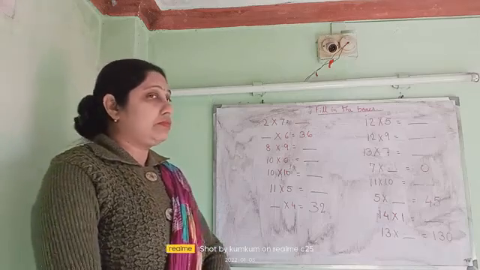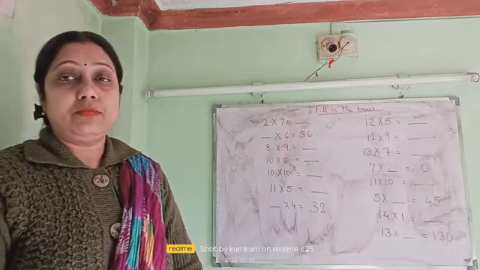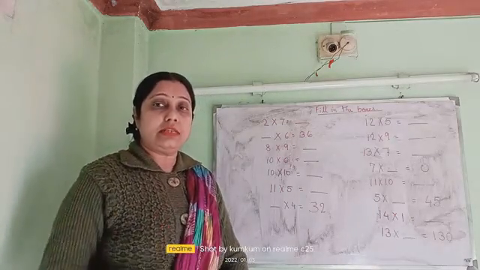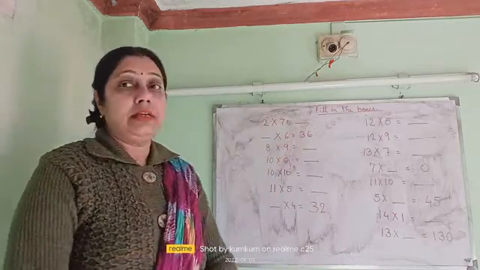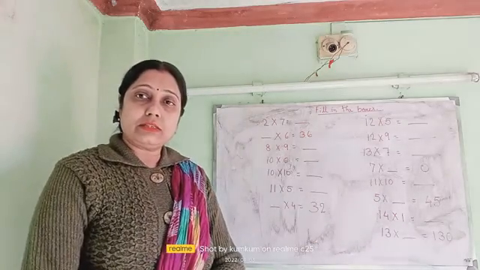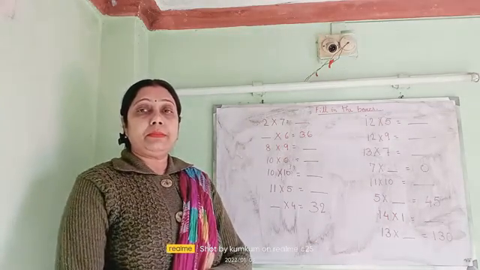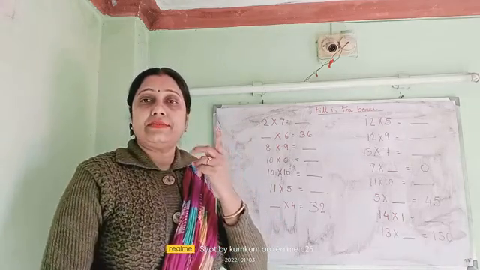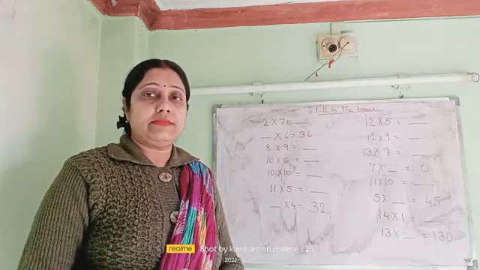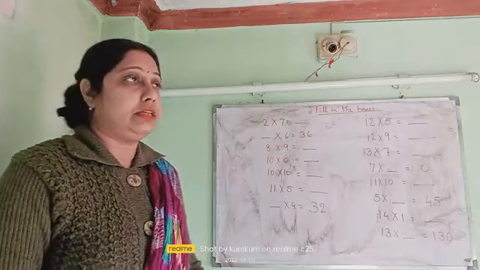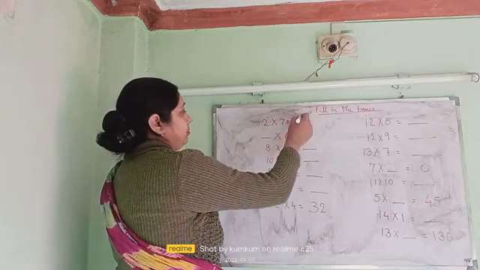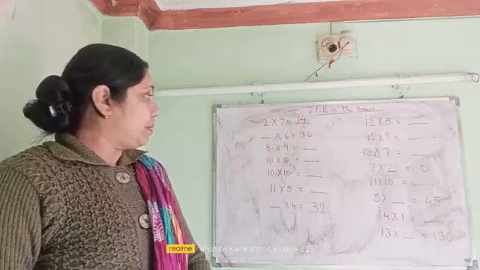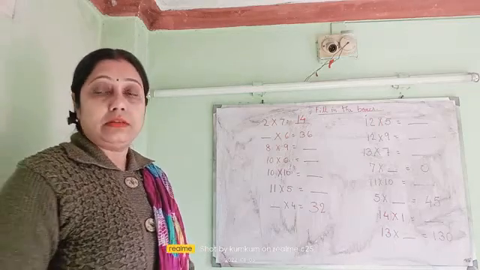Suppose the very first question we can see is 2 multiplied by 7. We know if you are going to read the table of 2, we have to read up to 7. So it is easier if you read the table of 7. So 7 into 2. Both the answers will be the same. If you are reading the multiplication table of 7, within 2 you will get the answer. So 7 ones are 7 and 7 twos are 14. So 7 multiplied by 2 will become 14. So we are going to write here 14. Okay, so let me use the black pen, it will be easier for you to see.